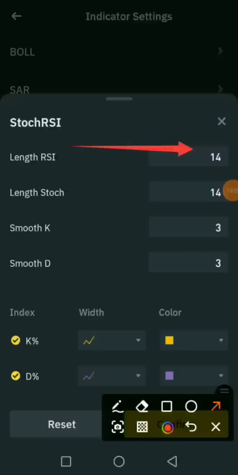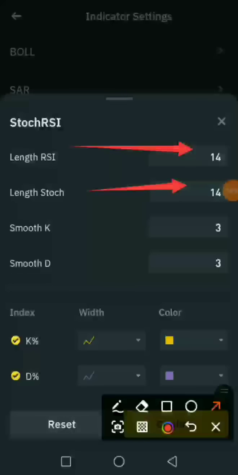When the length stock is at 14, the stock RSI will calculate the 14 candlesticks that were calculated by the RSI. If the length stock is at 7, it means that out of the 14 candlesticks the normal RSI calculates, it will take the last 7 to calculate with. But in our case, we are going to leave it at 14, because that is the general setting